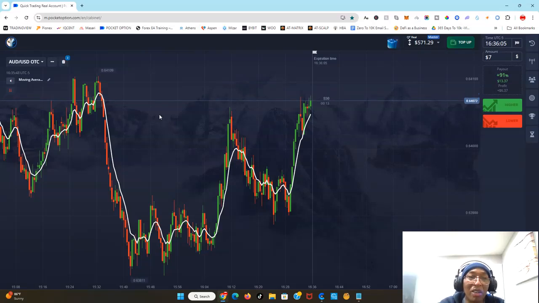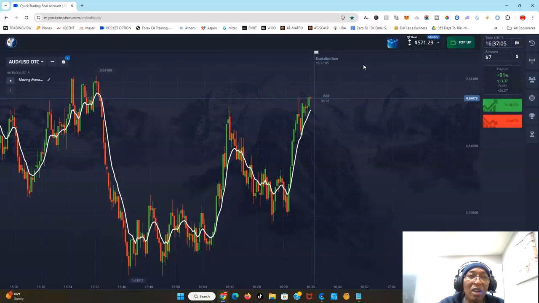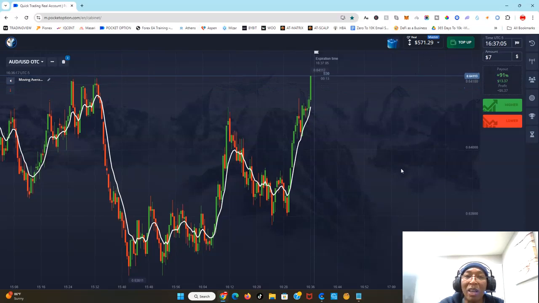This is not gambling, because with gambling, you stand a chance of losing everything. Here, if you follow the strategies, you are likely to succeed. And some of the students have been doing that. Right now, I have an account pulled up for one of my students. You can see this account is at 571.29. She started trading 13 or 14 sessions ago at $100. She's on track to get to 20K within 6 months or less.